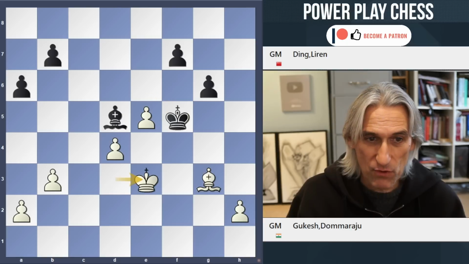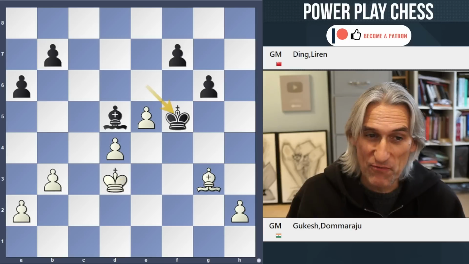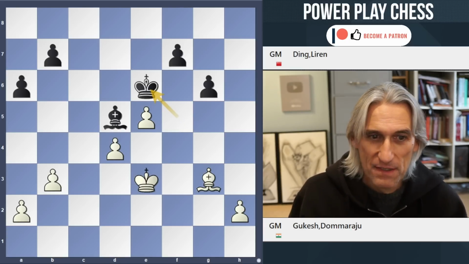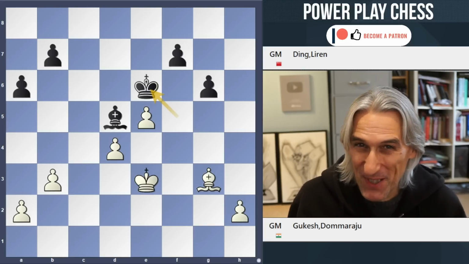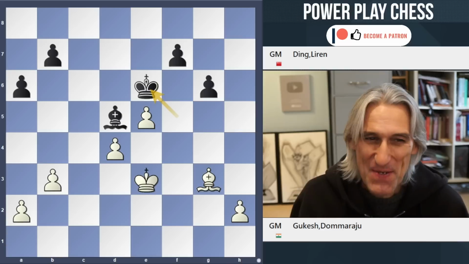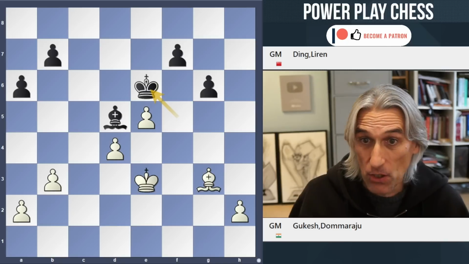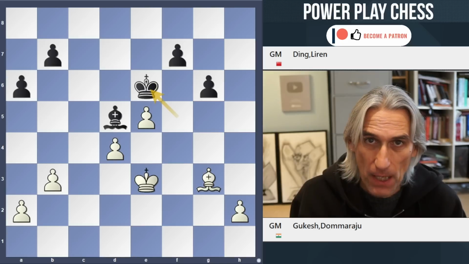And at this moment, the players realise there's nothing to play for. So they repeated moves like this. No draw offers allowed before move 40. So they decided just to repeat the position. And threefold repetition of the position means a draw. And again, they didn't even bother calling over the arbiter. So, fifth game drawn.